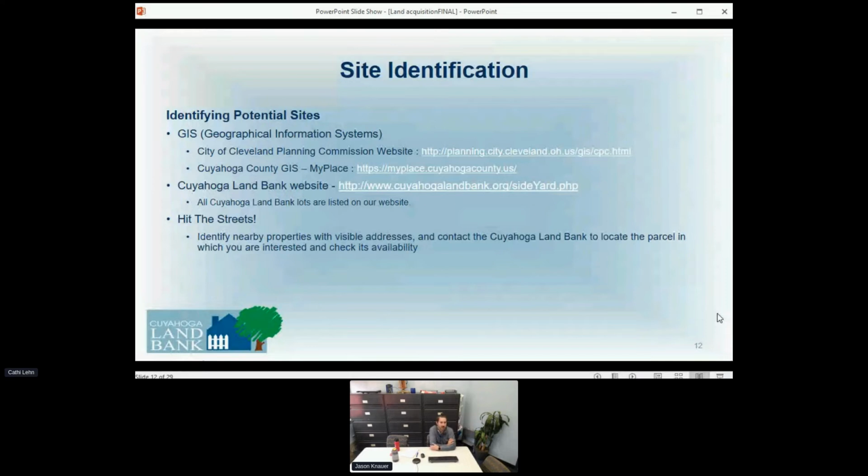So for folks that are next door to you or down the street in the neighborhood, these are some resources to help identify sites. These are both the city and county mapping sites where you can search properties and identify whether, say, the Cuyahoga Land Bank or the City of Cleveland Land Bank owns it, as well as helping to identify potential vacant lots in your neighborhood